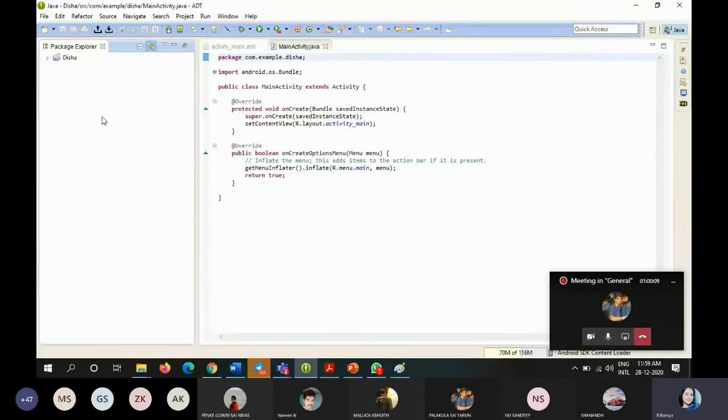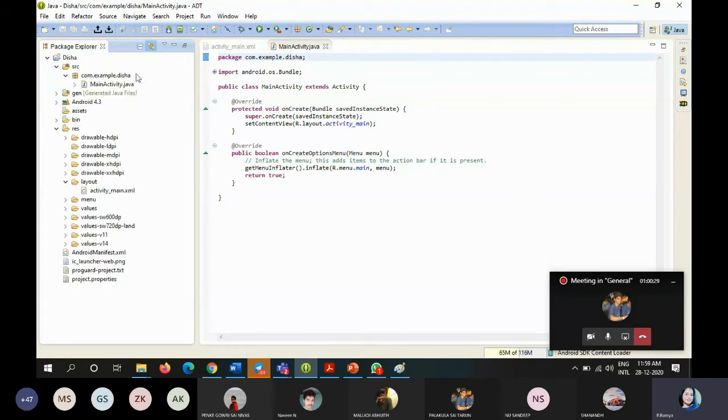Suppose you are creating a number of applications, all the applications will be displayed here, on the left side only. It is the application name I initially created. If you expand this particular application with the greater than symbol, it will automatically show the entire package explorer.